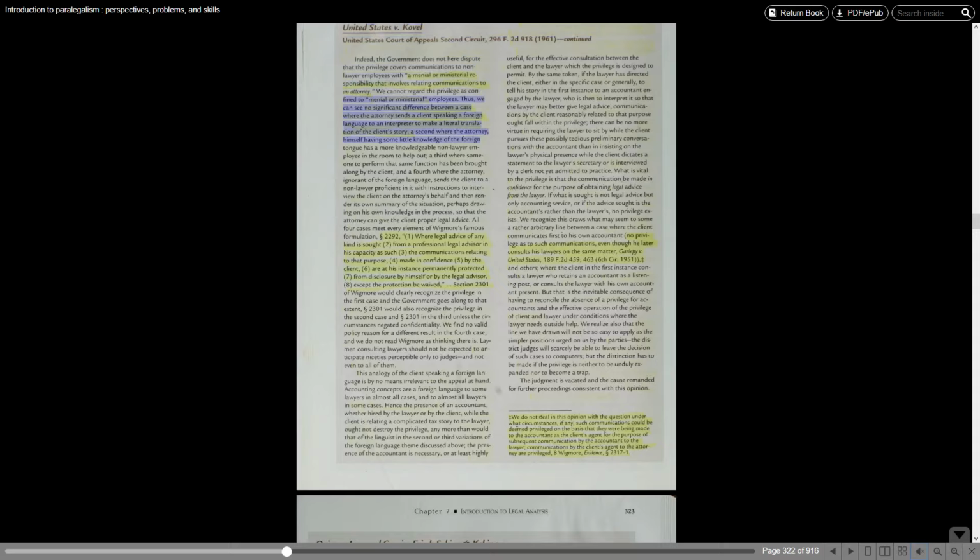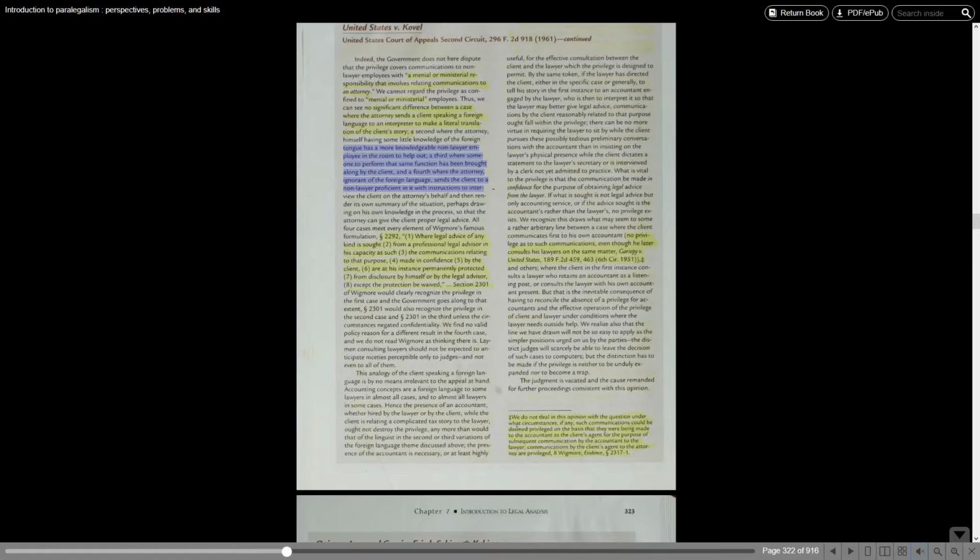Thus we can see no significant difference between a case where the attorney sends a client speaking a foreign language to an interpreter to make a literal translation of the client's story, a second where the attorney, himself having some little knowledge of the foreign tongue, has a more knowledgeable non-lawyer employee in the room to help out,